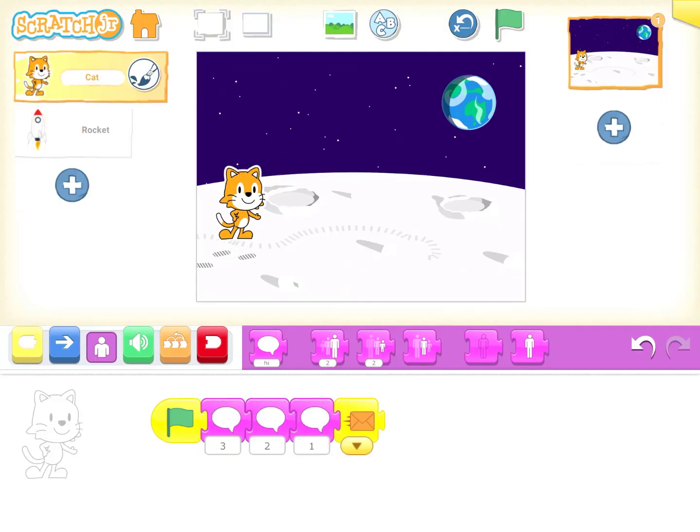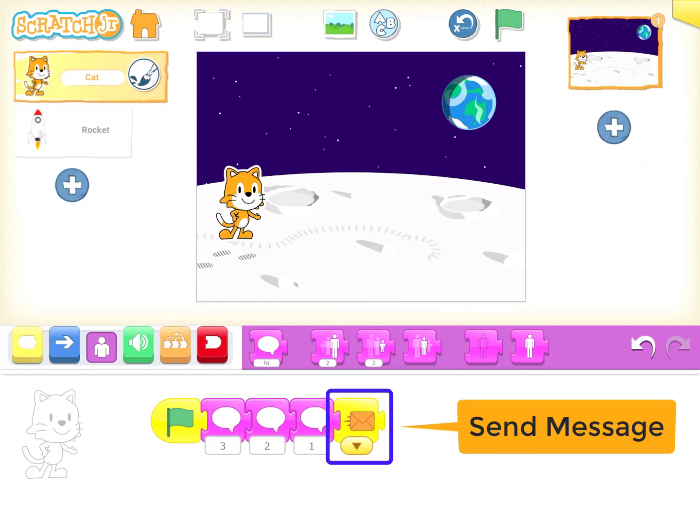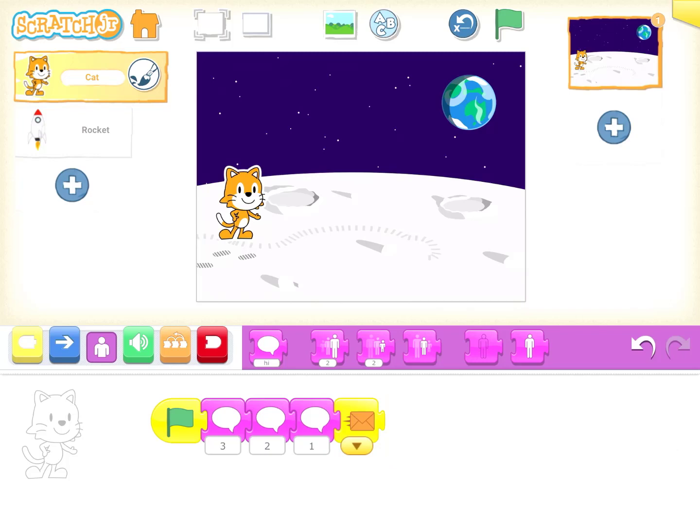First let's go to the cat's script. So when you look at the cat script, all other blocks we already know, green flag, and then it says 3, 2, 1. And this send message block, what it does is it sends a message to other characters. Okay, and when you look at these colors, so whichever color is your send message, your receive message should also be the same color.